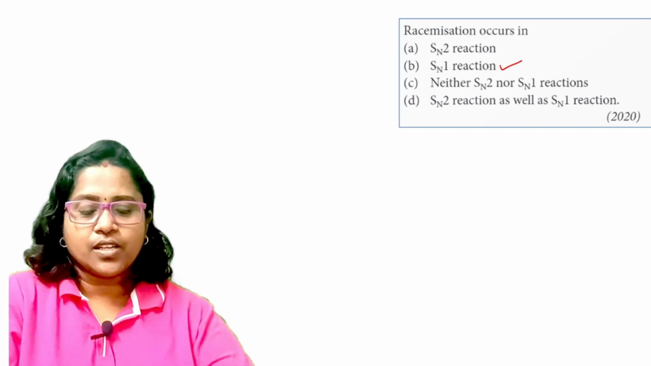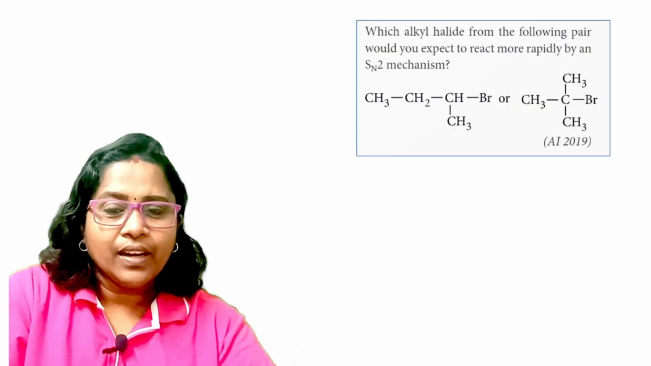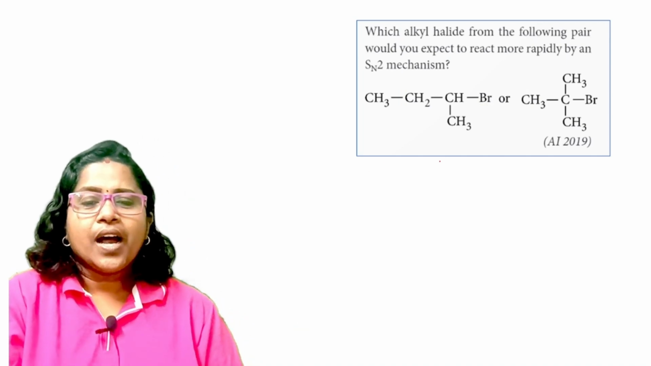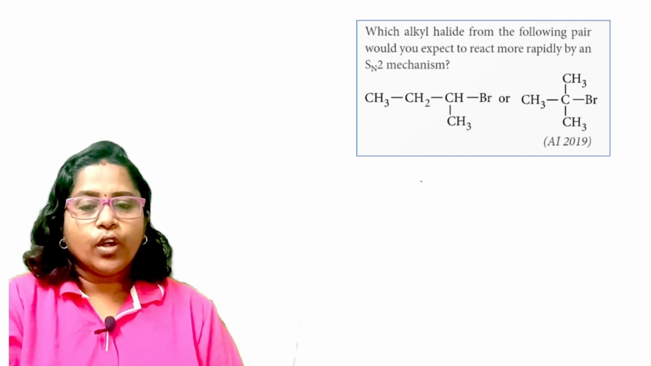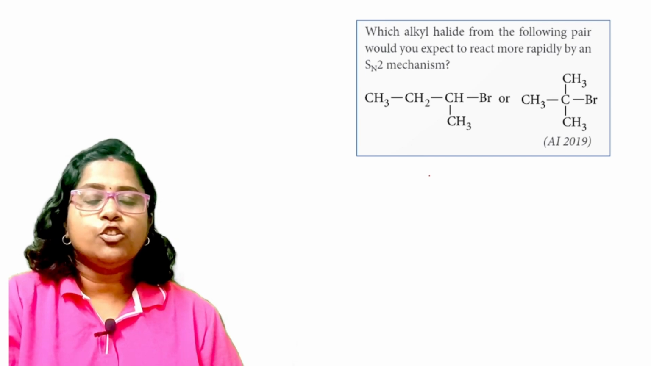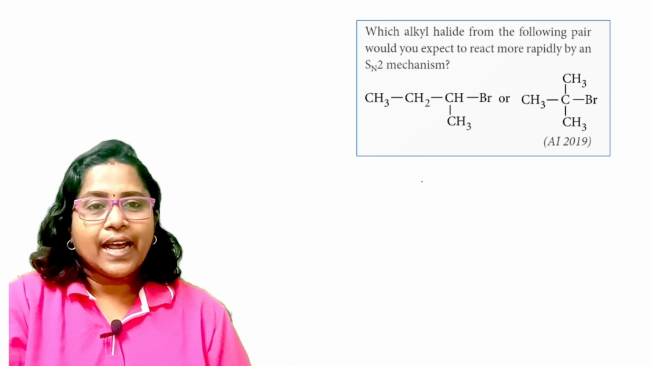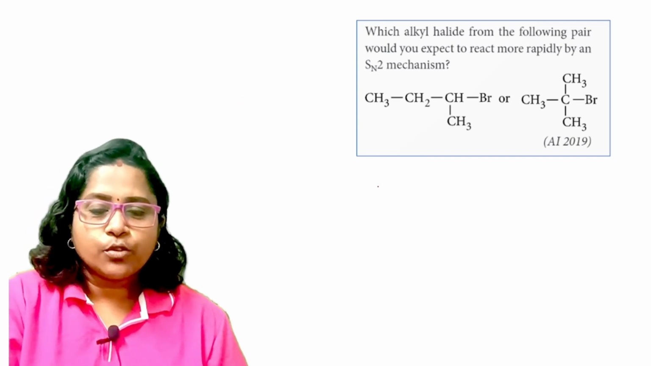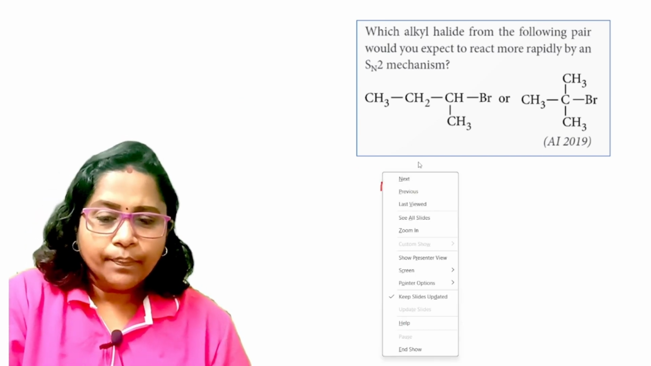Therefore, racemization is happening in the case of SN1 reaction. Now next question: which alkyl halide from the following pair would you expect to react more rapidly by an SN2 reaction mechanism? So they are asking about the SN2 reaction mechanism. What is the order of SN2 reaction? It is primary,